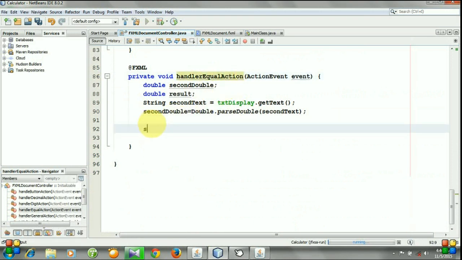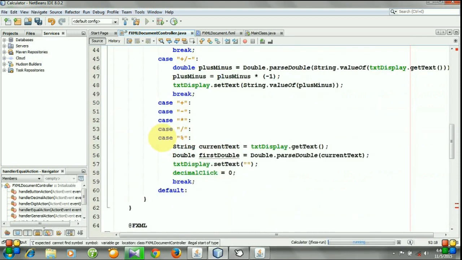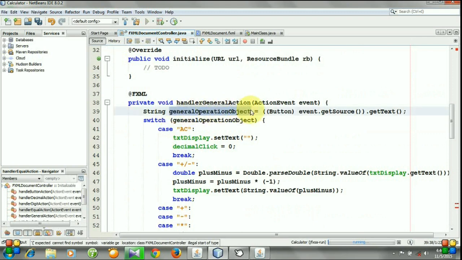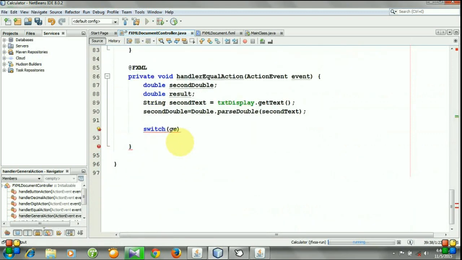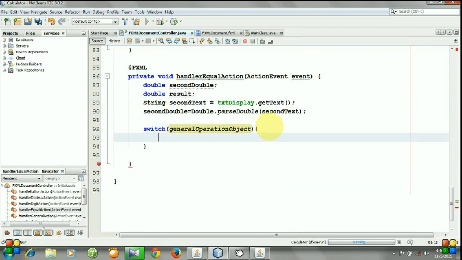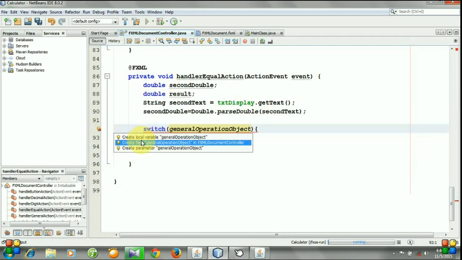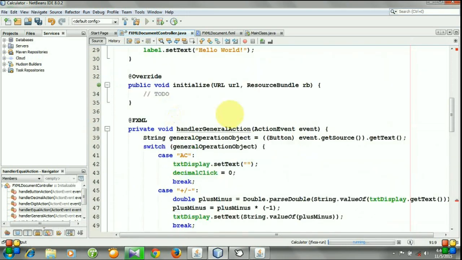So switch, let me copy it and paste it. You see there is a warning, create local variable general operation object. Here the general operation object is local to this method, so we need to make it global.